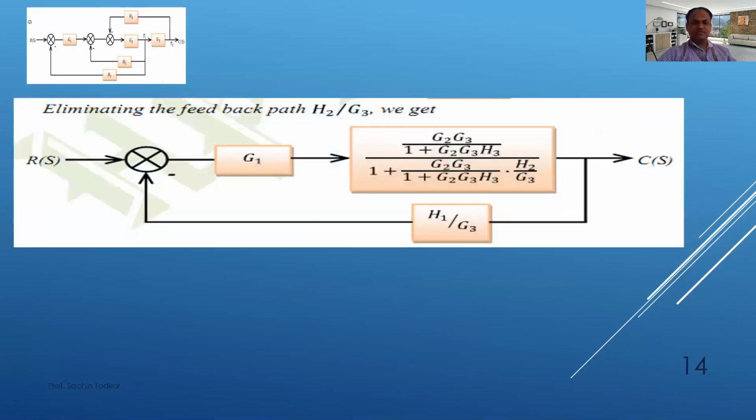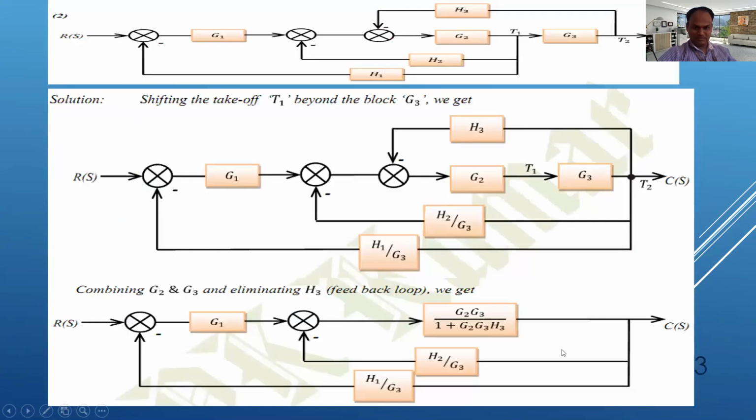Now in the next step, we are going to eliminate the feedback part of H2 by G3. If we eliminate this H2 by G3, we'll get this simplification. It's not really a simplification, it's a complication, but again, we have to solve this. So the numerator will be as it is: G2, G3 divided by 1 plus G2, G3, H3. So this will be the total